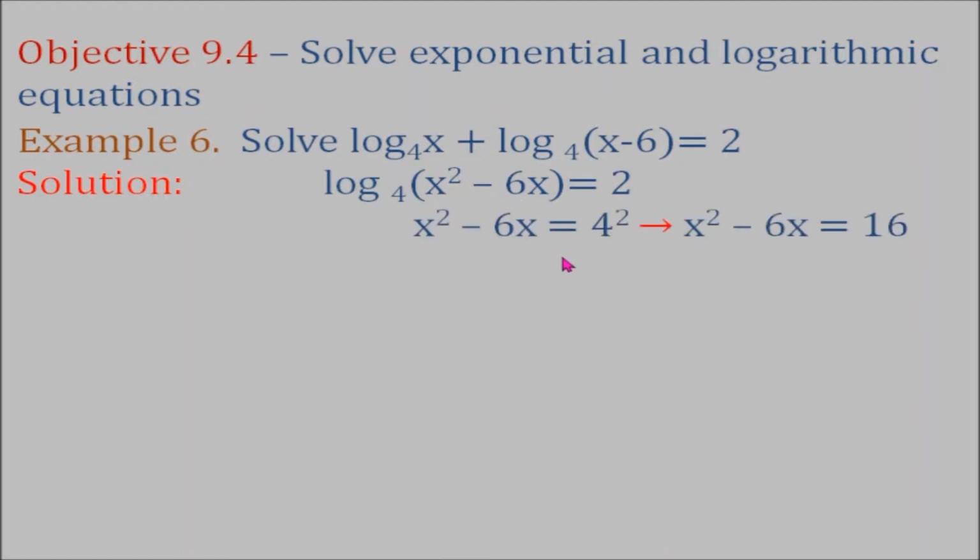So this can be written as x squared minus 6x equals 4 squared. And of course, we know that 4 squared is 16. So we have x squared minus 6x equals 16. And we can write this in standard form. So it becomes x squared minus 6x minus 16 equals 0. The factors of x squared minus 6x minus 16 are the quantity x plus 2 and the quantity x minus 8. Now equating both factors to 0, we have x plus 2 equals 0 and then x minus 8 equals